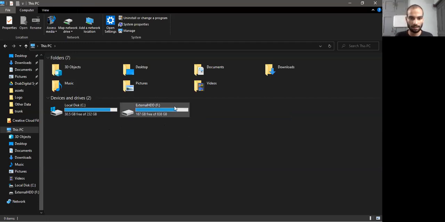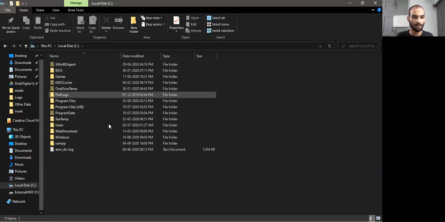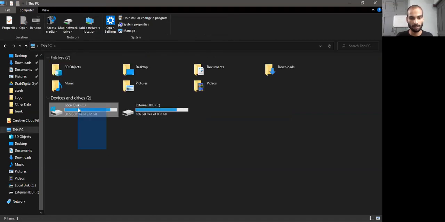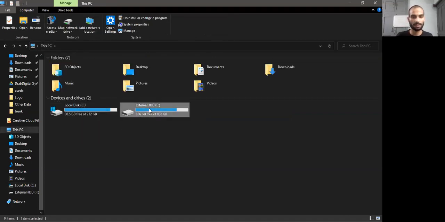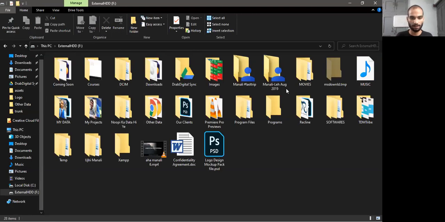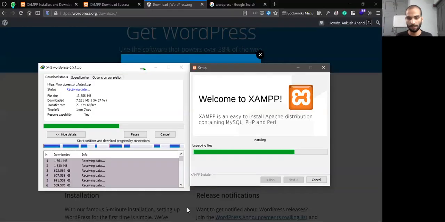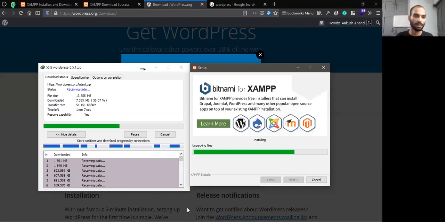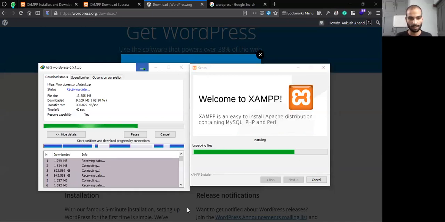even then I will install it in another drive, not in C drive, because what happens is if you change the Windows right now, if somehow my Windows gets corrupted or something happens to my Windows, I will have to delete all these folders from the C drive. If you keep the exam server in C drive, all the data will be lost also. So that's why the best way is to install it in another drive. That is the reason why I'm installing it in another drive. But there is no issue with C drive as well if you feel that you are not running into any errors. It's okay with that also.